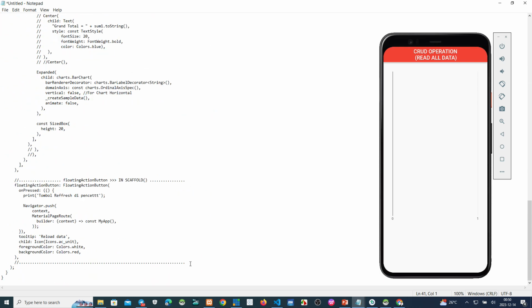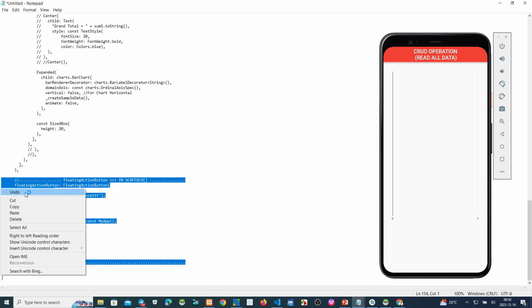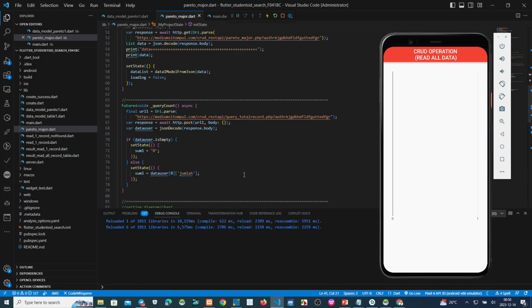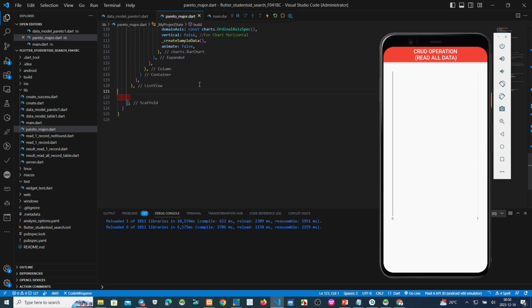Okay, after that we add here, to make it easy to run, a floating action button. Okay, floating action button. Save.